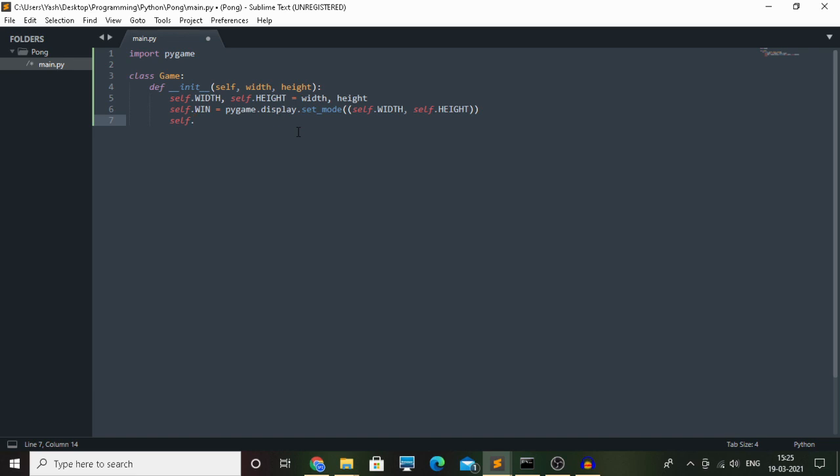So we'll do self.clock is equal to pygame.time.Clock, and we'll need an FPS limit also, and we'll set it to 60. And we'll need another variable which will be self.run, and we'll keep this true as of now.